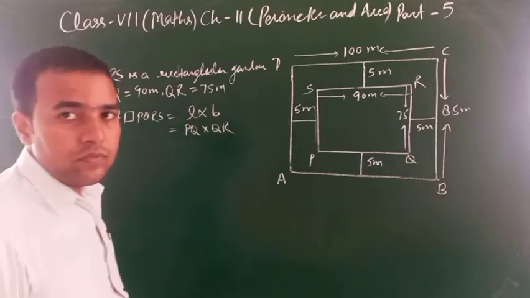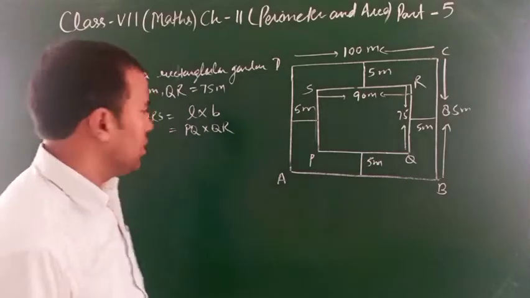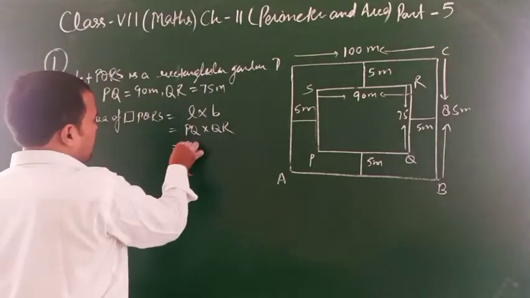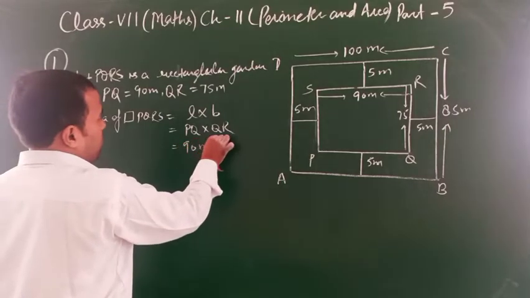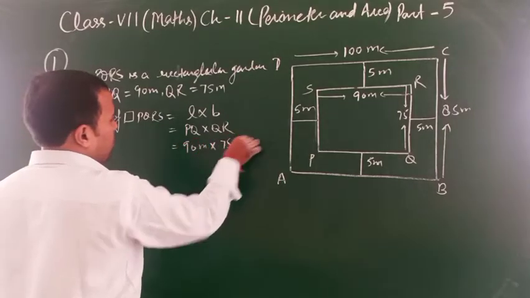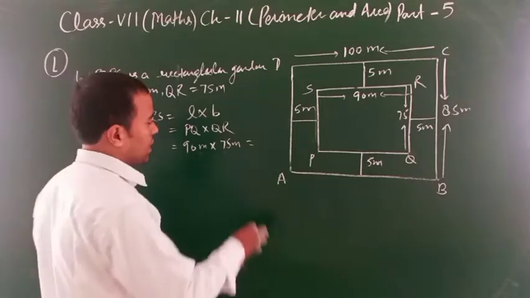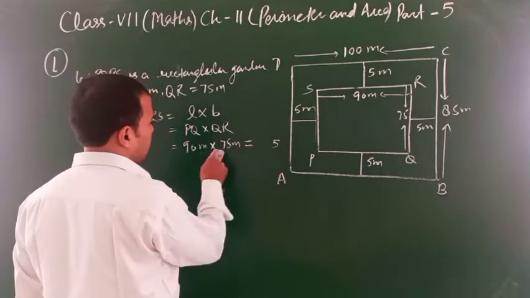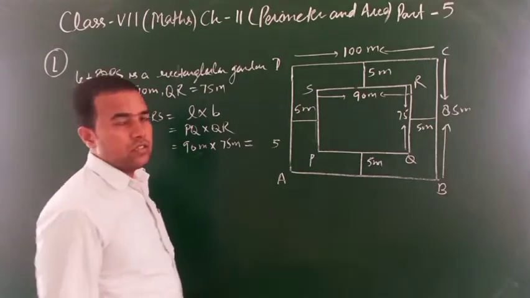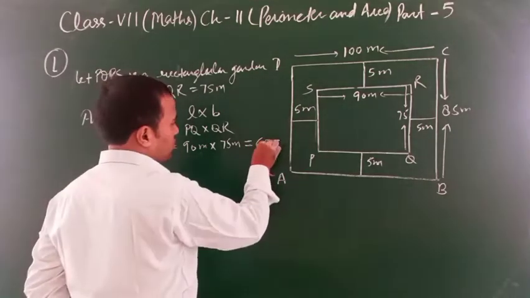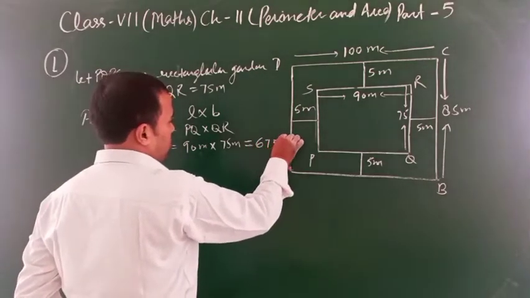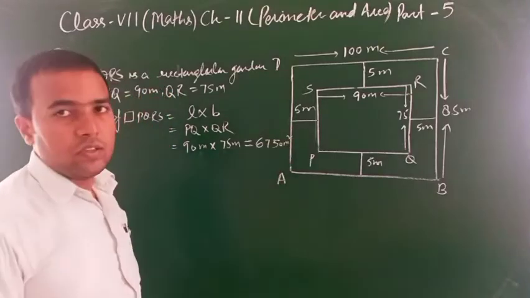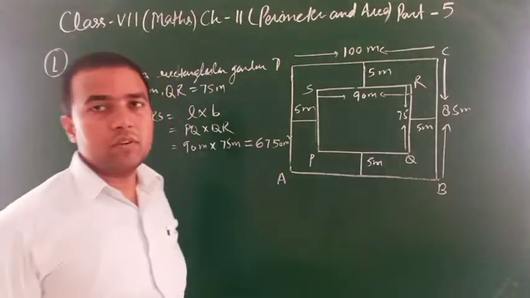Okay? PQ means 90, QR means 75 meter. 90 into 75, 9 5 are 45, 9 7 are 63, 63 plus 4 is 6,750 meters square. Okay,